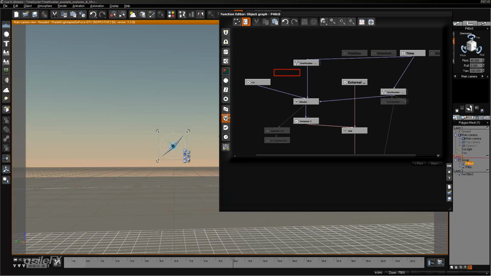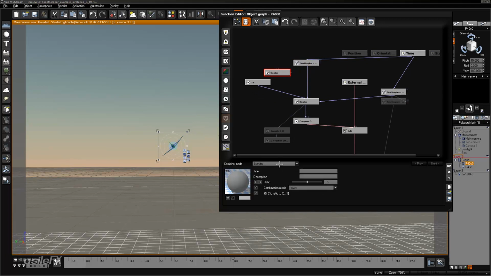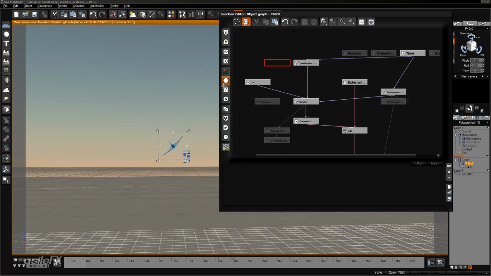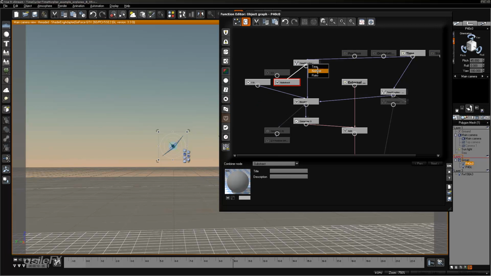So we're going to add in a combiner node, set it to subtract, add in a constant number, 2.5, and we're going to take the number output of the time morpher, subtract 2.5, and connect our previous value of 7.5 over. So now we should have